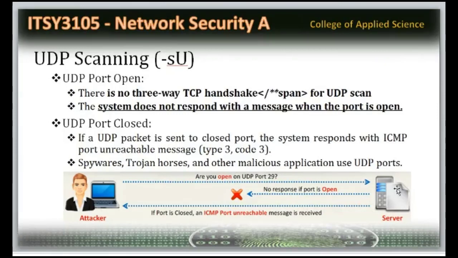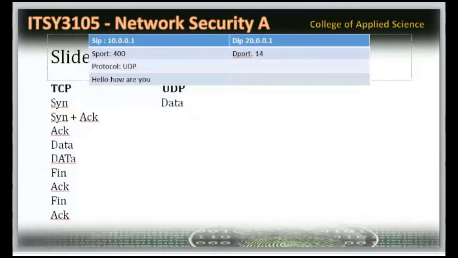But in TCP, it is not like that. You can play with a lot of flags, like the acknowledgement flag, SYN flag, FIN flag, reset flag, urgent, and push. There are so many flags available. Using those flags, we can do a lot of things with TCP scanning methods. We are going to have a lab for this using a tool. The name of the tool is Nmap. In Nmap, we are going to check some part of this.